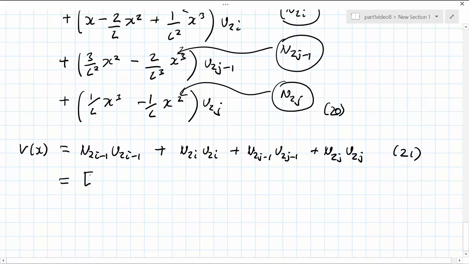We can then convert this into a matrix: n2i minus 1, n2i, n2j minus 1, n2j, times by our element vector ue for displacements, which again